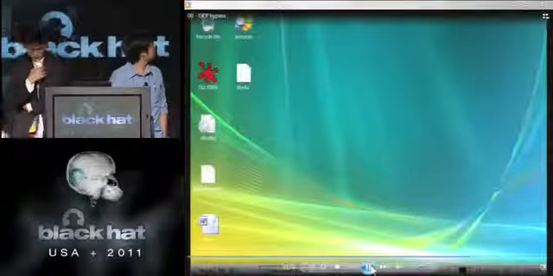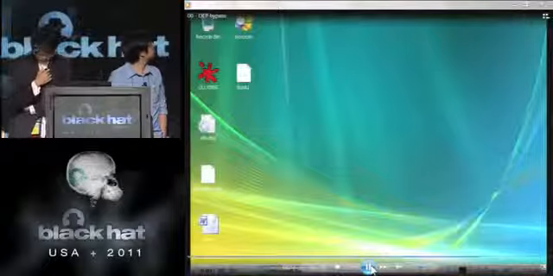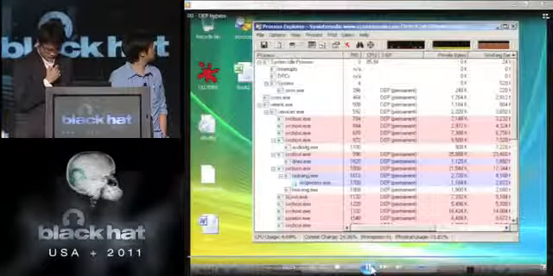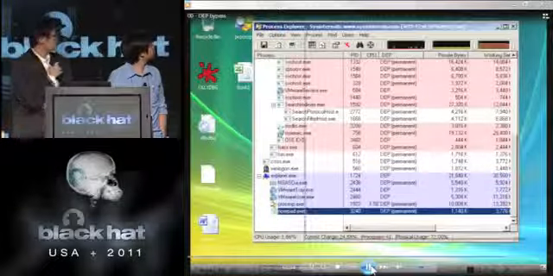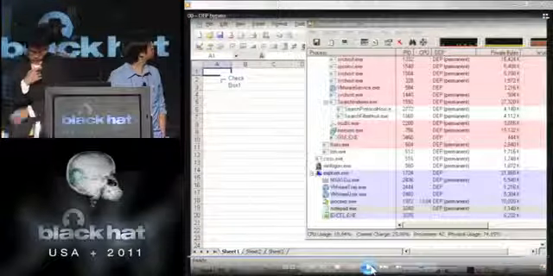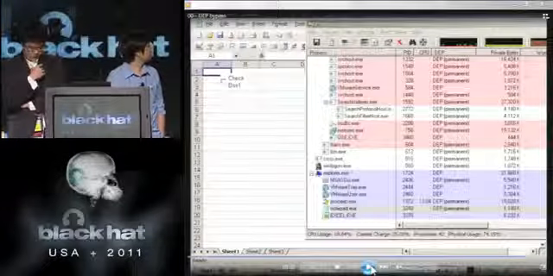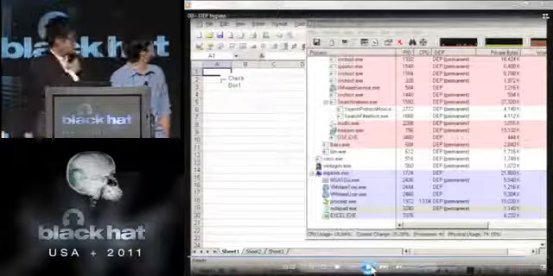Then turn off. Now open this file again. As you can see, the DEP is disabled automatically. It's very difficult. No, it's pretty easy.